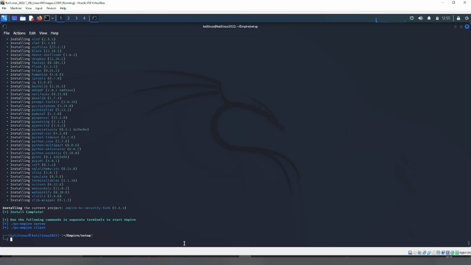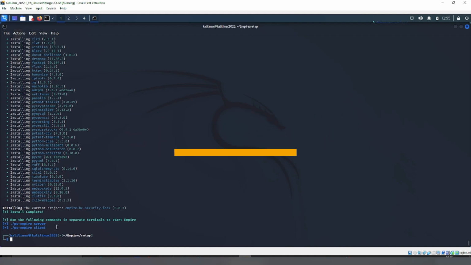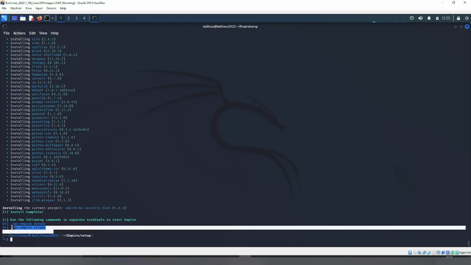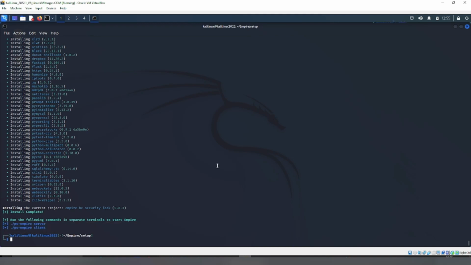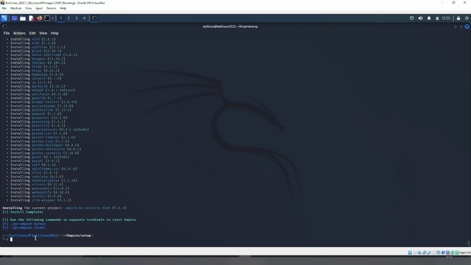So now as you can see, our Empire installation has been completed. Now it is showing us the command to run. In the previous version of Empire you had to run only Empire, and there you would get the server and client running in the same application. But the new version of Empire has different commands for server and client, as is shown here. So let me just clear my screen again,